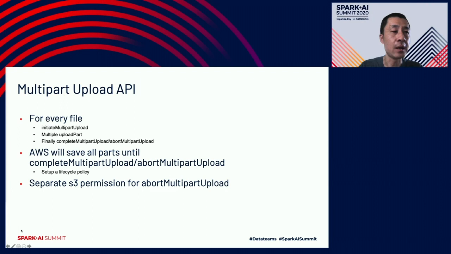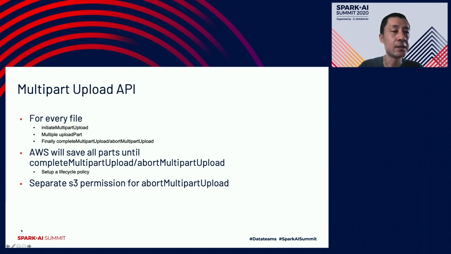There are 2 operational tricks for the multipart upload API to work. First, unfinished part files are saved in a separate staging area of the S3 bucket until complete multipart upload or abort multipart upload is invoked. It is not uncommon for a Spark application to die in the middle, so neither complete nor abort multipart upload is invoked.